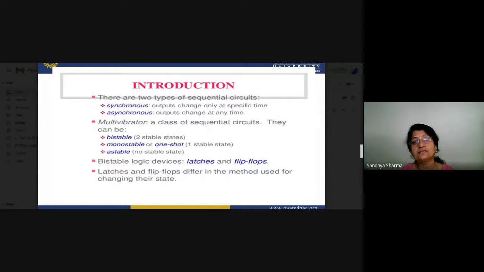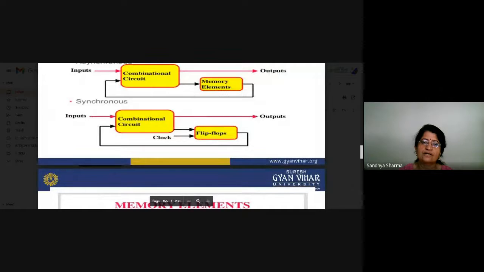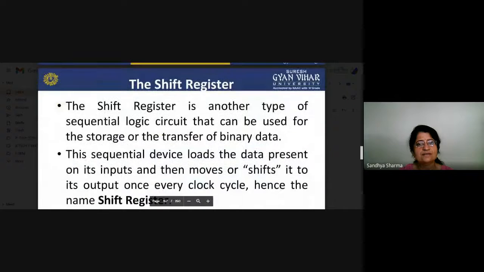A specific time means there is a clock signal, and we can divide our clock signals into different parts. Suppose there is a positive triggering edge, negative triggering edge, positive clock pulse or negative clock pulse. So there are four types of clock signals or triggering we can apply in our synchronous type of system. We will discuss this type of triggering again. Here we also have to explain the diagram of triggering. You can see it in this diagram.